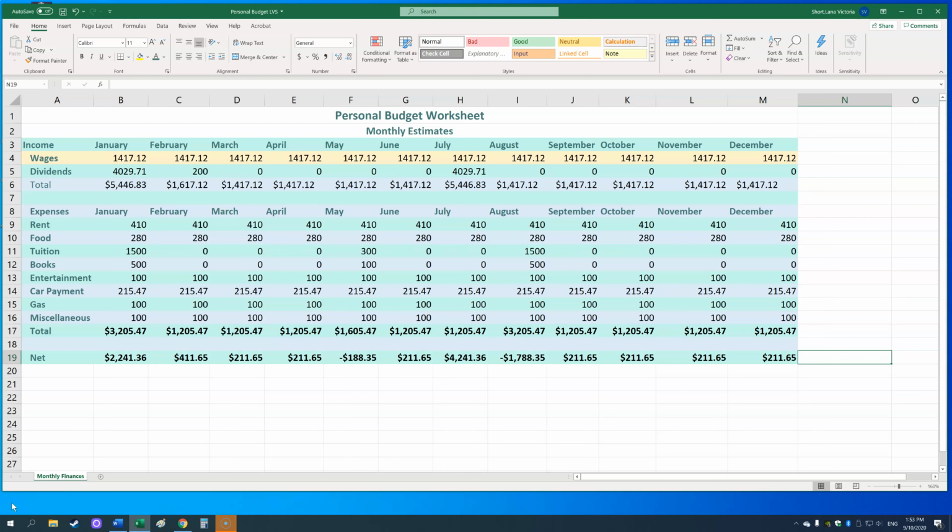In this video cast, I'm going to show how to create sparklines and how to insert charts. Now that we have created the personal budget worksheet, I want to represent the data for each of the items in just one cell in a visual format. This is called Sparkline. So if I click in cell N4,